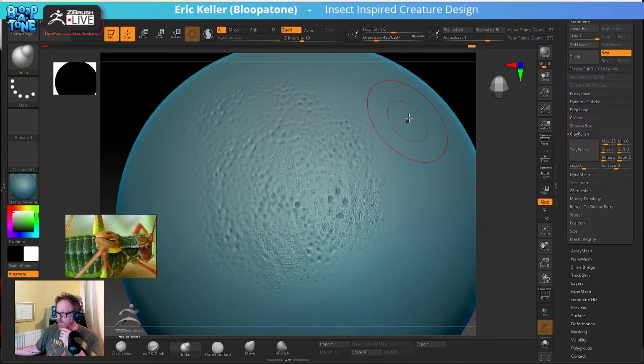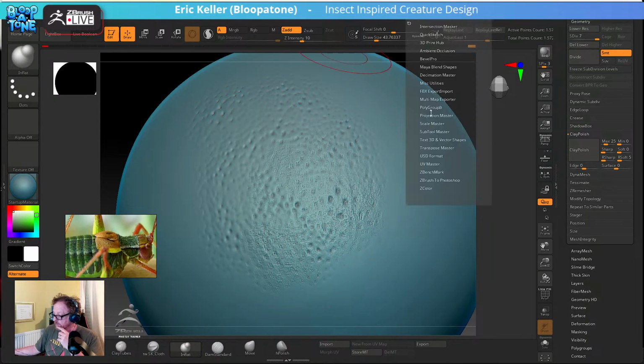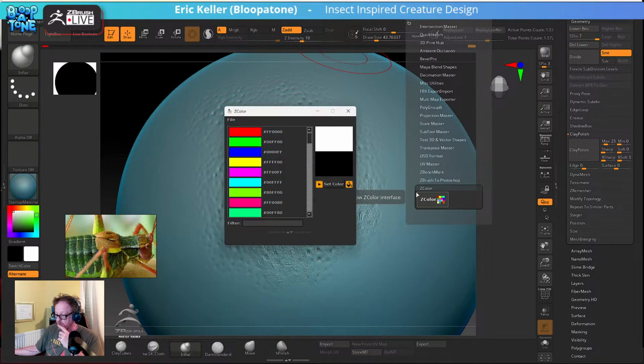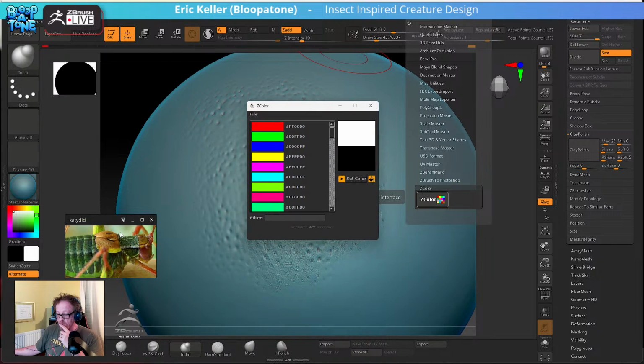Z color plugin. Okay, so let's check this out. Do I have this installed? This is something you got to install. Oh, wait, no, I got a Z color right here. Okay, so